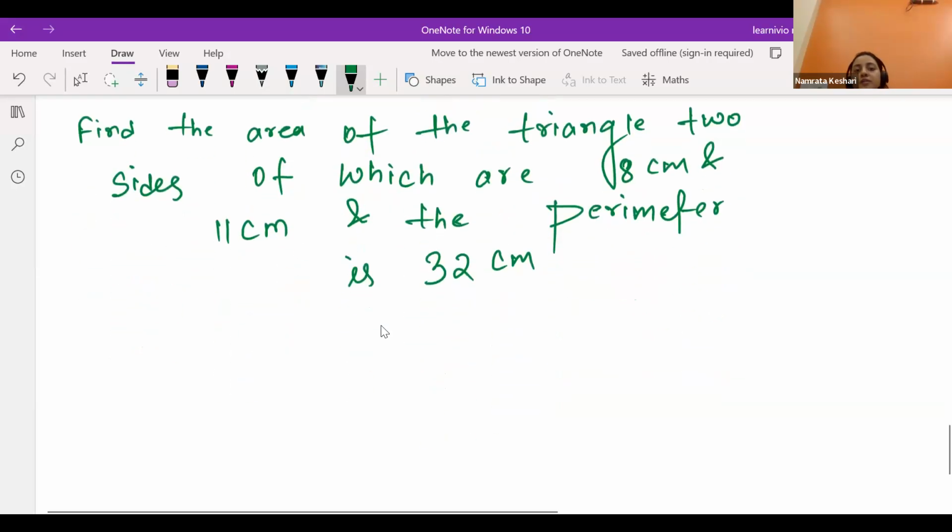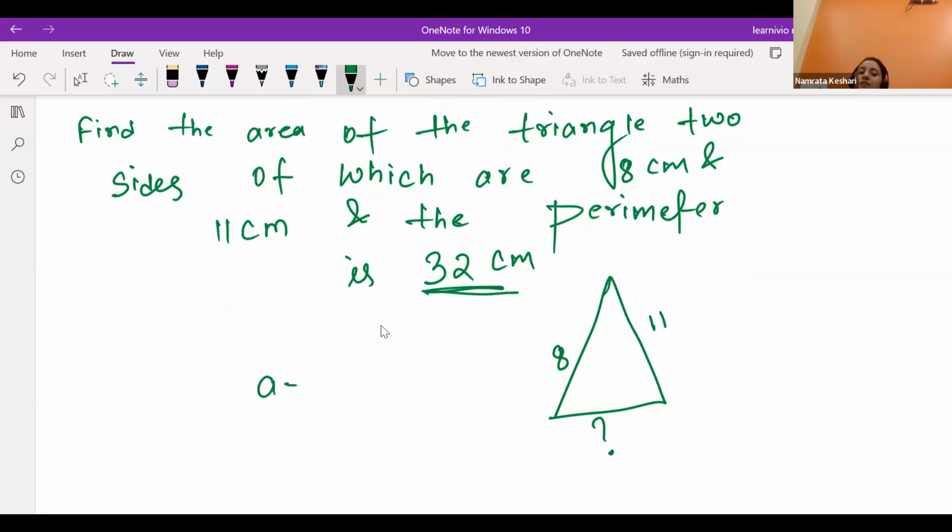Okay, the perimeter is given as 32. You should understand perimeter is just the sum of all the sides. You are having a triangle like this. One of the sides is given as 8, another side is given as 11, the third side is not given. However, the perimeter is given. That means the sum of a plus b plus c is given